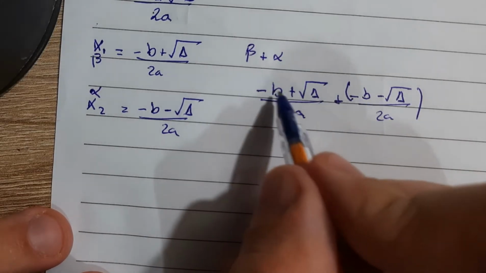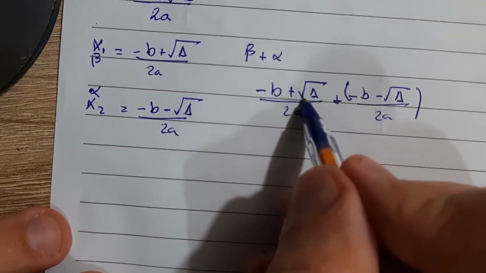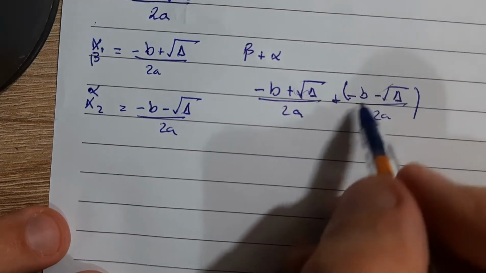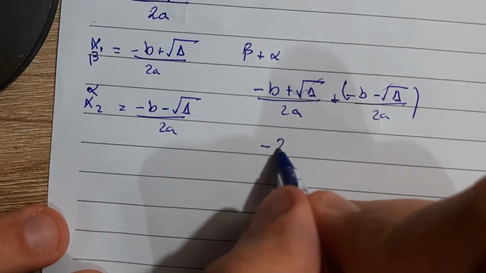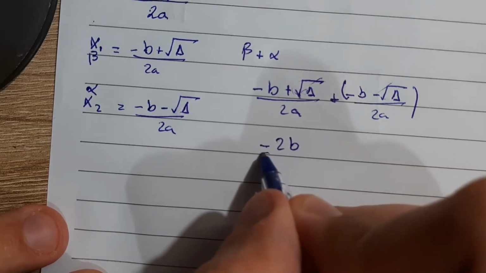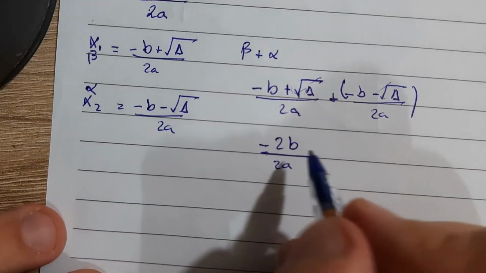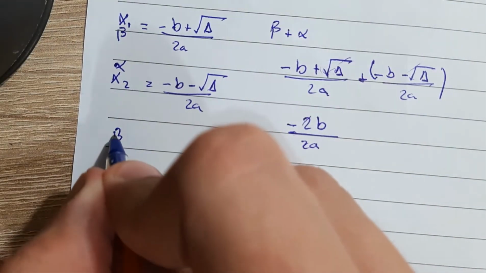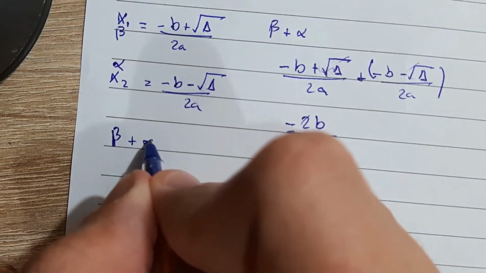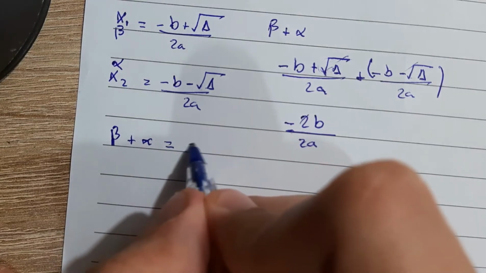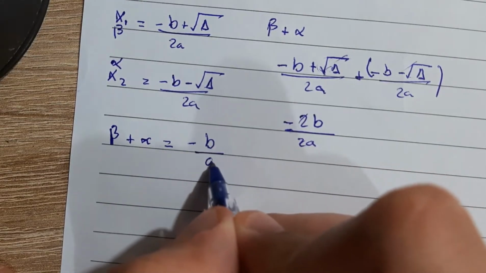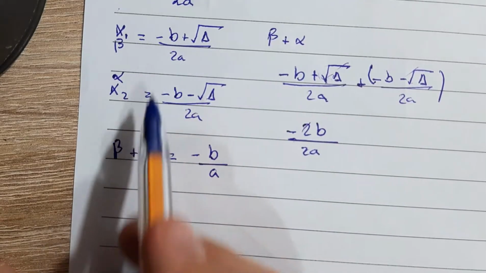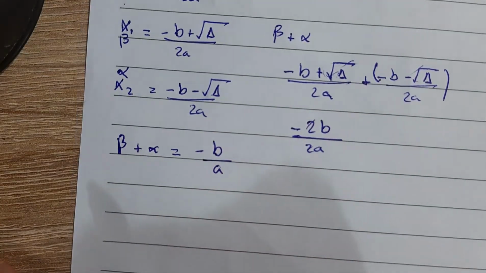Okay, so if you add this root plus this root, they will cancel, right? So minus 2b divided by 2a, right? So what we ended up is that beta plus alpha is equal to minus b divided by a. And remember, beta is this and alpha is this. Okay,